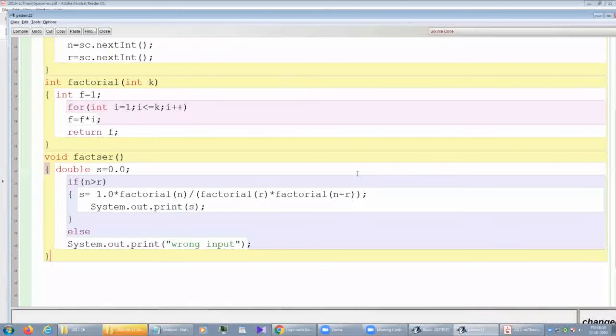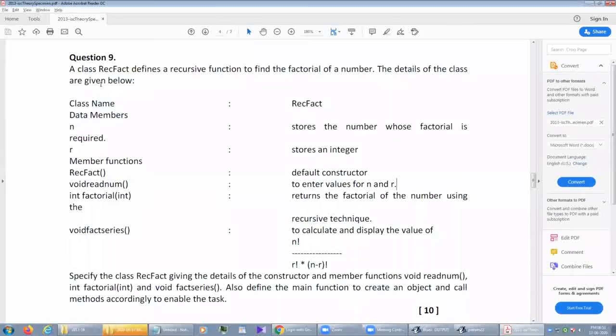Factorial of 4 means it goes from 1 to 4, and factorial of -2 would mean you need to reach -2, -3, -4, -5, and continue like that. So factorial of a negative number is not possible logically, so that's why you have to give this condition. This is all about the method according to this question paper.